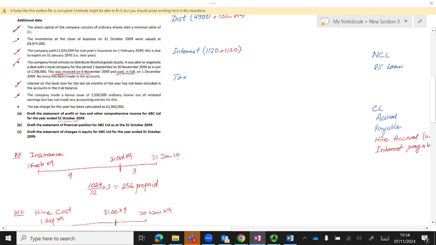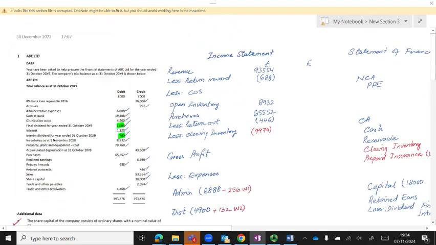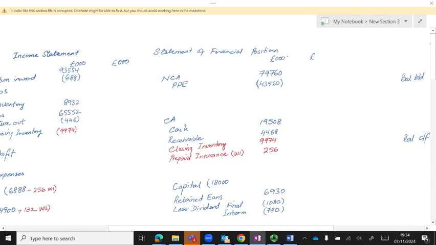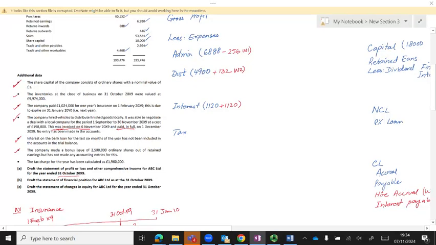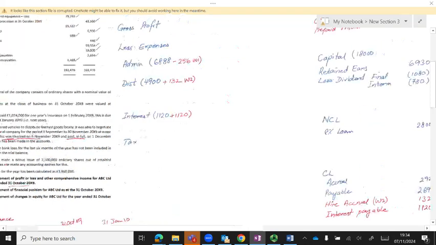Next is the company made a bonus issue of 2.5 million ordinary shares out of retained earnings. Remember that all the figures are in million. Therefore, I should mention 000 over here. 2.5 million ordinary shares were issued for free. For free. There was no cash coming into the business. And therefore,